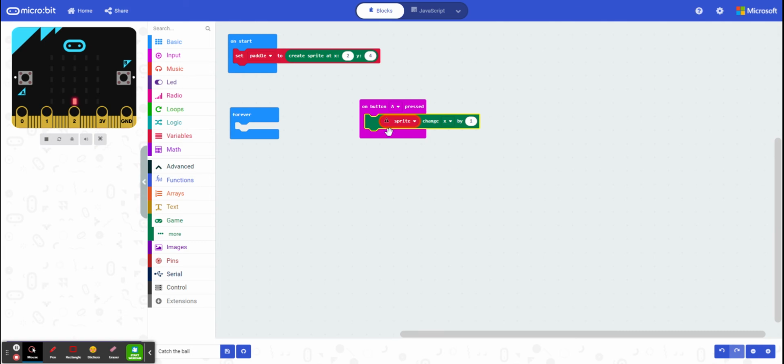I'm pretty sure changing my paddle's X by 1 is going to move it to the right, and it does, so I want to make sure that I change it by a -1. So now when I play it, it moves to left, and you'll see it doesn't allow it to move off screen. So I'm going to duplicate this just by clicking on the button A and duplicating it,